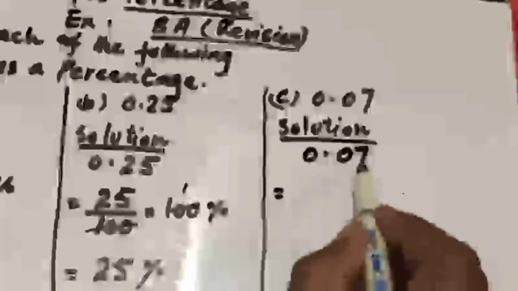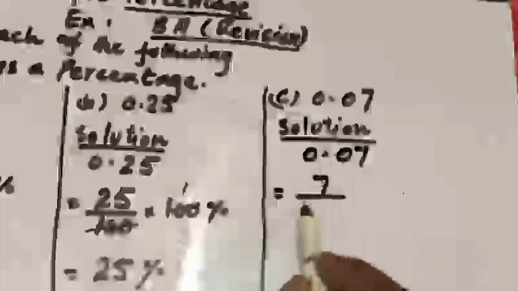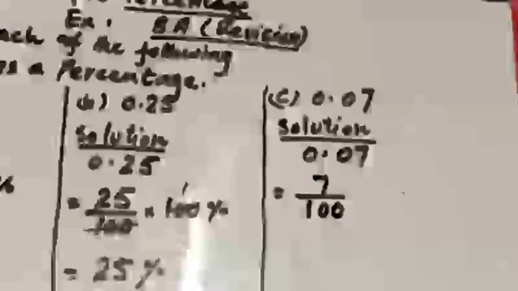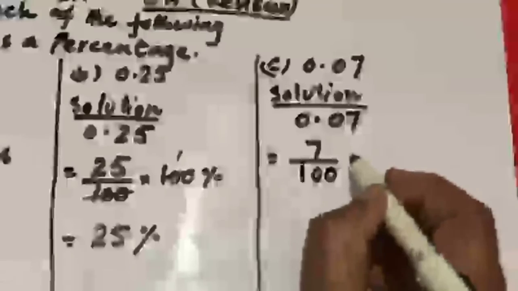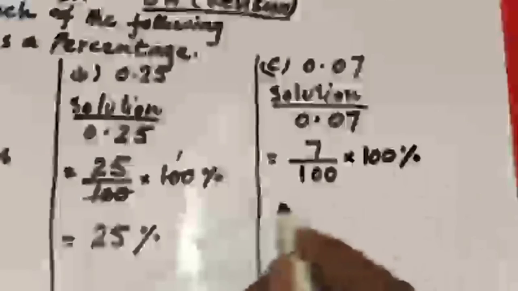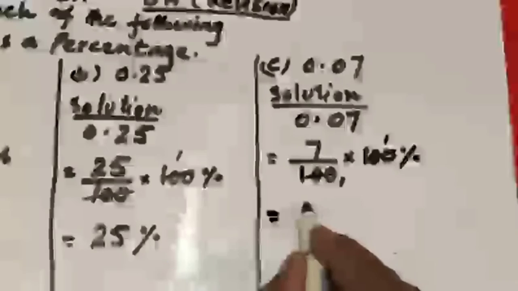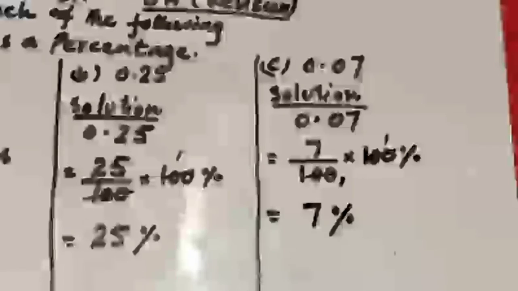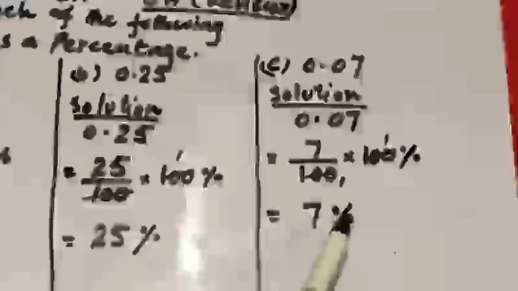Now we are going to convert this decimal number into fractional form. So we will write 7 over. The point will be replaced by 1, and after the point there are 2 digits, so we put 2 zeros. So it becomes 7 by 100. Now we are going to convert this fraction into the percentage. So we will multiply it by 100%. As we know, 100 will cancel out 100. Now we have 7 ones are 7 and the percent symbol as it is. So the number 0.07 can be written in percentage as 7%.